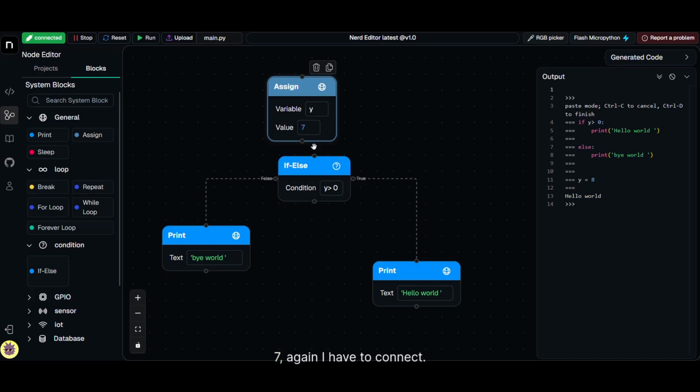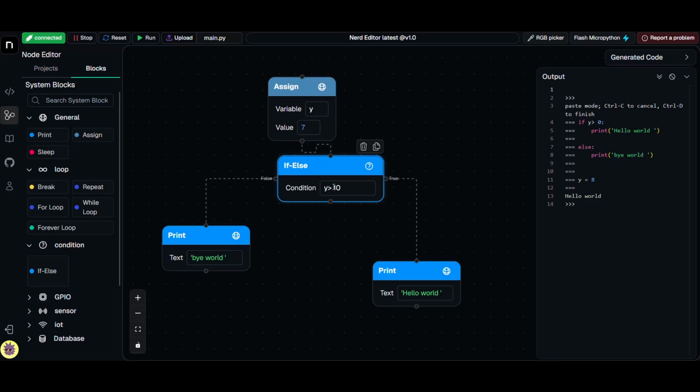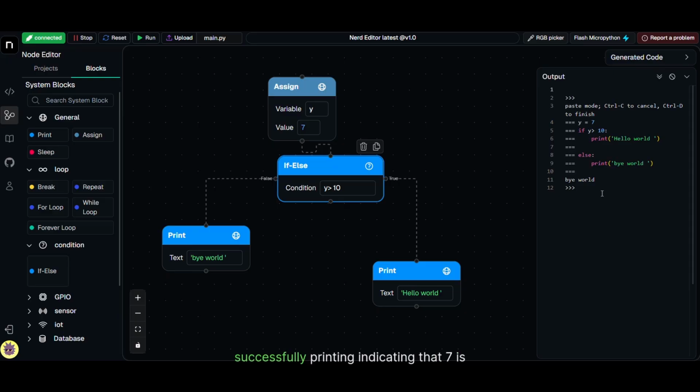7, again I have to connect, and y less than, okay, and now the condition is if y is greater than 10, I have to print hello world, else I have to print bye world. So I'm going to run my code again. You can see that the bye world is successfully printing, indicating that 7 is less than 10, and that's about